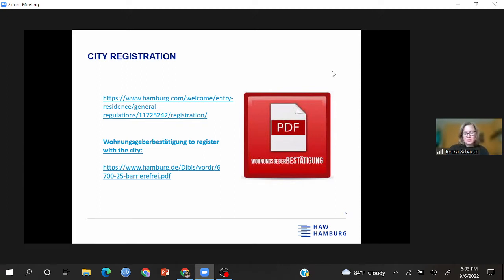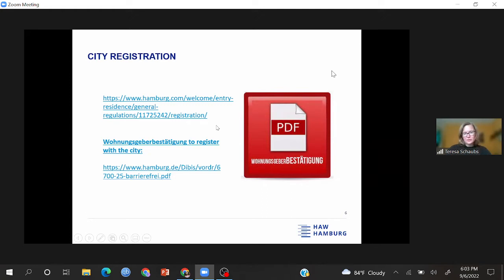There are some places rented out for sublet, for example, that don't come with a Wohnungsgeberbestätigung. This means you cannot rent that place because you cannot register with it. If you want to stay in Hamburg illegally, of course you can rent that, but I wouldn't recommend it. The first question to ask is how much money you have to pay and the renting period. The third question is, do you provide a Wohnungsgeberbestätigung? And if the answer is no, you're not renting the place.